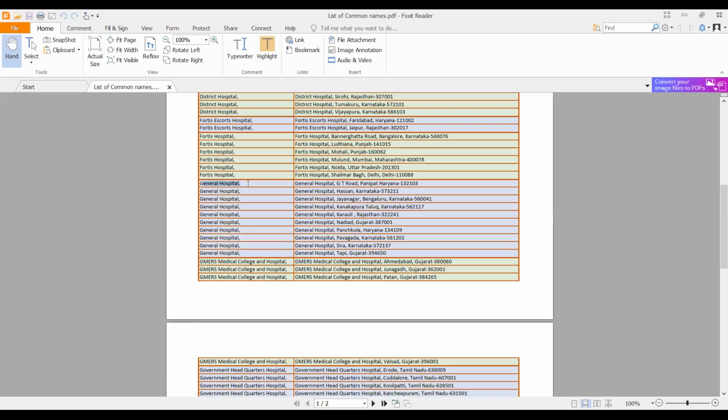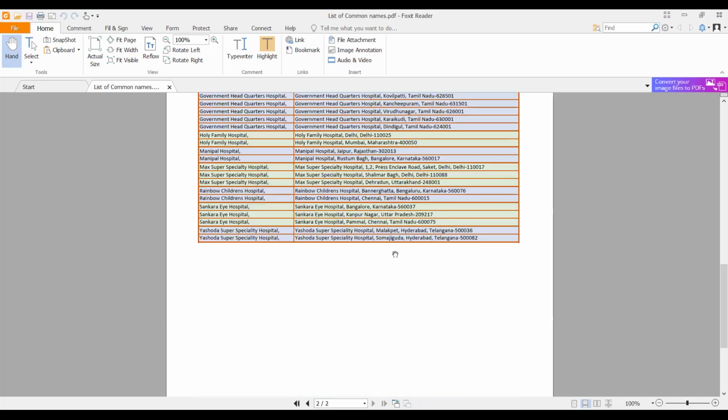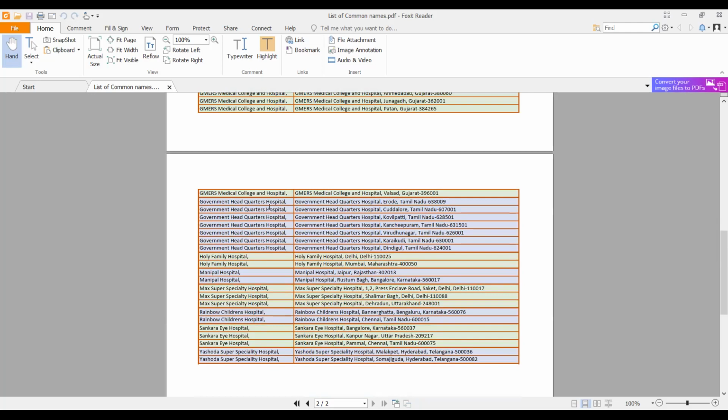So if it is only general hospital, it might be any one of these general hospitals. We have classified these institutes under unclassified states. So if you're filtering on a particular state, let's say you're filtering on Tamil Nadu and you don't want to miss out this list of hospitals, then you will have to filter on Tamil Nadu as well as unclassified